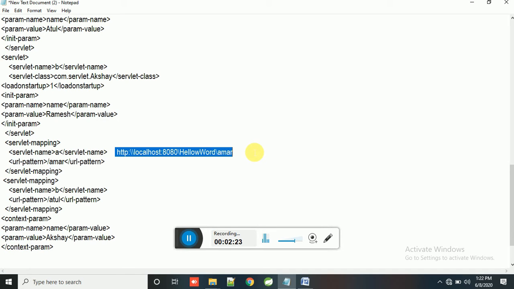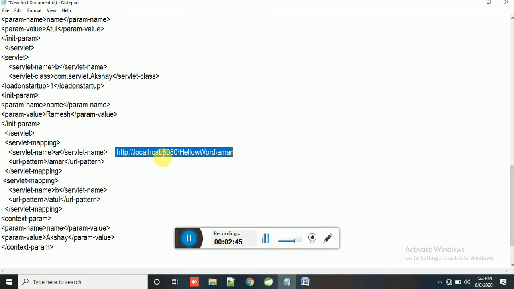But here this is a singleton object, but the class is not singleton. There is one important thing. In that scenario, your class is not a singleton, but your object is a singleton. At each and every request, if the object is already present, it will not create another object.